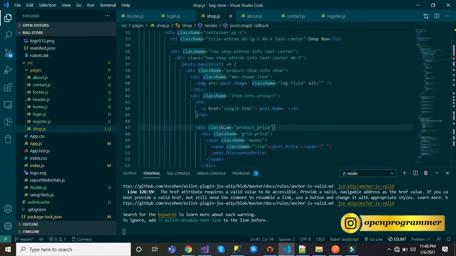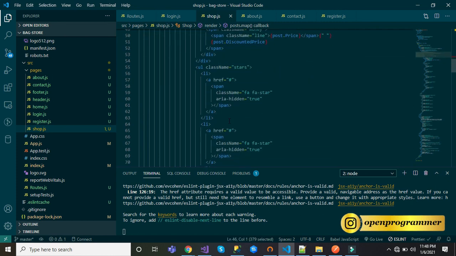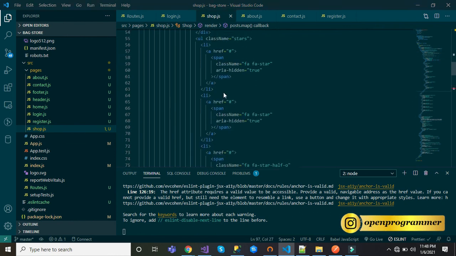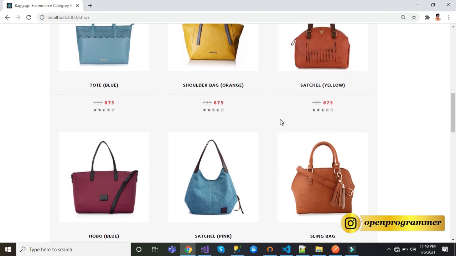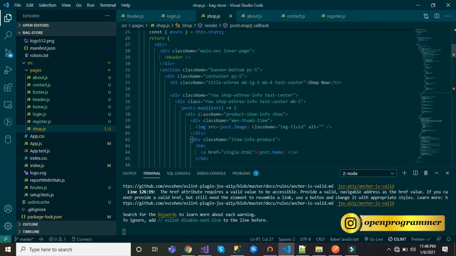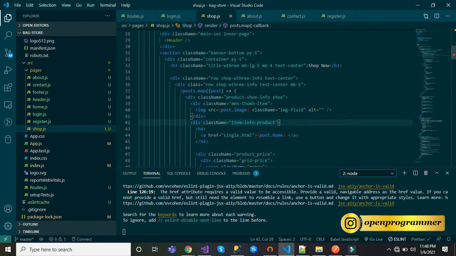So in the next part, I'll create a single post component, and we will pass that single component into this, rather than this large HTML part. So we will use only a single reusable component for the post.map method.